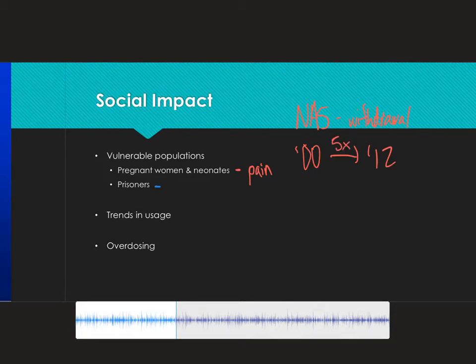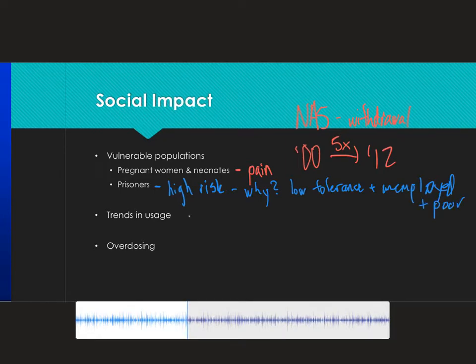Additionally, people recently released from prison are at the highest risk of fatal opioid overdose more than any other subpopulation. So why is this? There are several factors that may lead to why this is, but one of the most important is low tolerance. Essentially, a prisoner will come out of prison and do the dosage that they were used to doing before they were locked up. Another important factor is that usually when a prisoner is fresh out, they are usually unemployed and